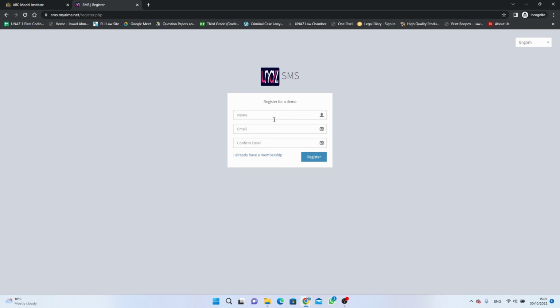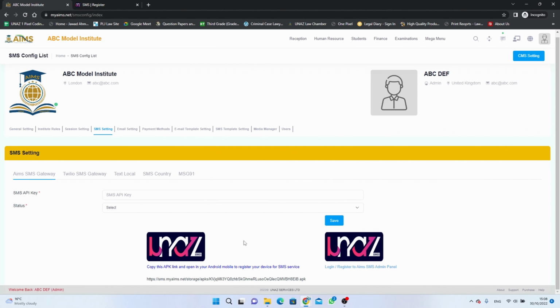So it will require your name, email address, and confirm email, and then you will register. When you register, you will be able to log into your own admin panel of SMS, and it will be linked to your system for sending SMS. If you come back here, this is the APK. Copy this link